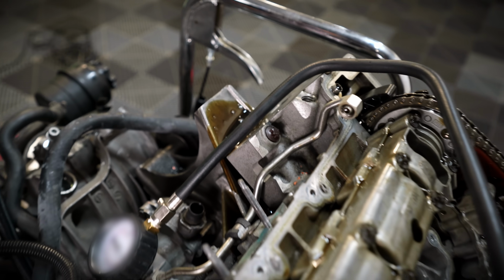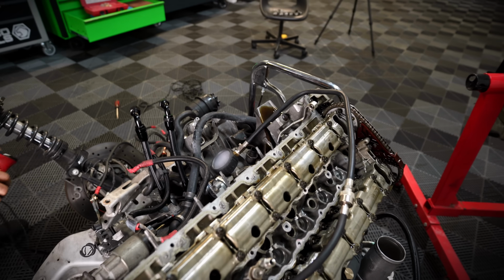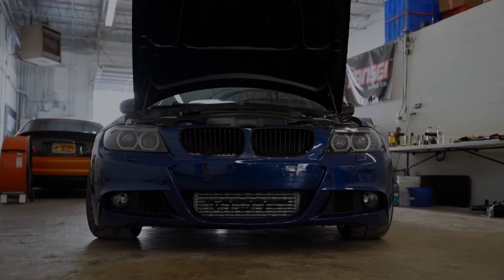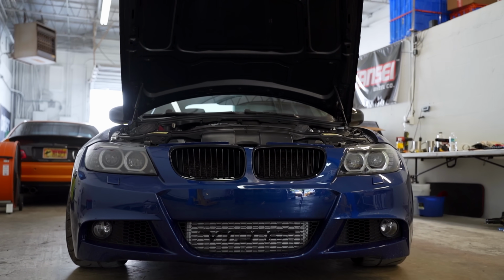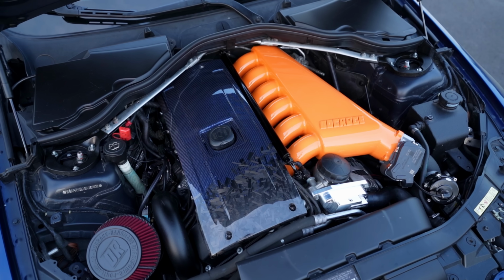Oh god. Oh my god. Alright, we're gonna cut it right here. After 2 years of running 31 pounds of boost and making over 700 horsepower, my 335's M54 finally took a